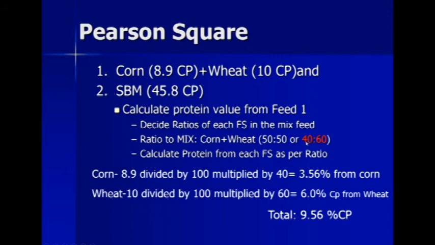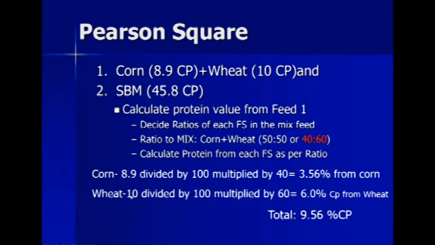So in this example, we decided we have to use 40 parts of corn and 60 parts of wheat. So we have to calculate then the protein available from 40 parts of corn and 60 parts of wheat, so that we have a feed mix with known CP value. So corn contains 8.9% protein. So 8.9 means out of 100, we have 8.9 protein. So 8.9 divided by 100 multiplied by its part, as we did in the previous example for rechecking the protein available from the syrup. So out of this 40 parts, we get 3.56% protein.